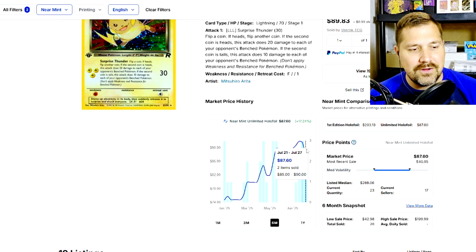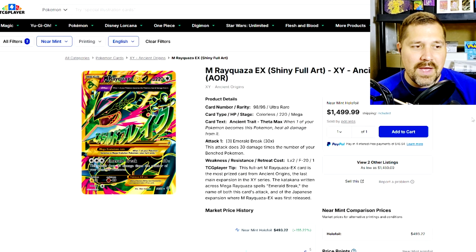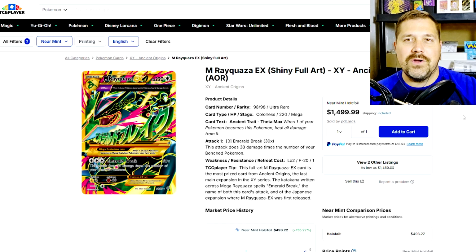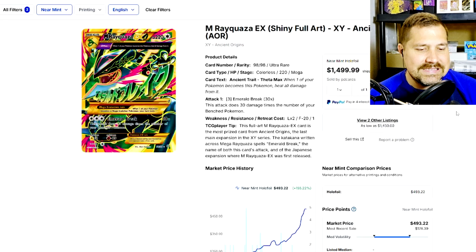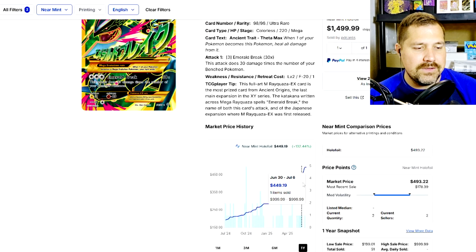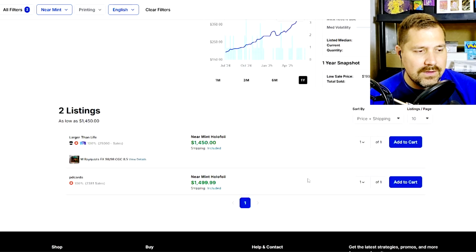It was up at $91 not too long ago, but it has been trending upwards for sure. Mega Rayquaza EX, a shiny full art out of Ancient Origins. Now, I have no desire to go back this far to the X and Y era and be picking up singles. The prices get insane, and the market price is showing that it's almost $500 at $493, but the listings